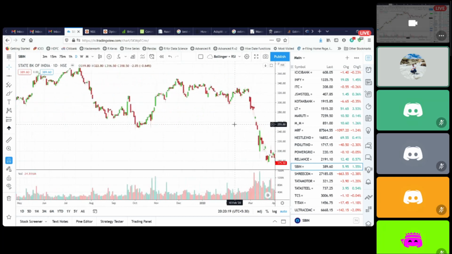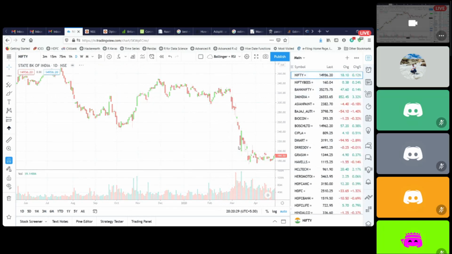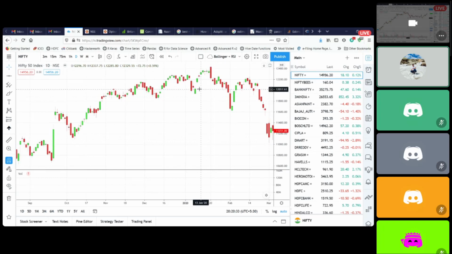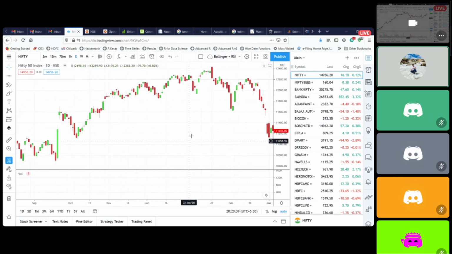Yes, because I would have no open positions since all of my existing positions would have been stopped out right at the tops itself, somewhere here, when the stop losses broke. So if I look at Nifty itself, see, Nifty was continuously making swing highs, swing lows, higher highs, higher lows, higher highs, higher lows.